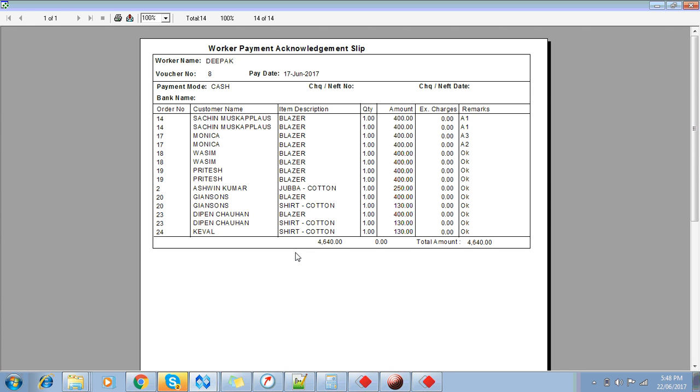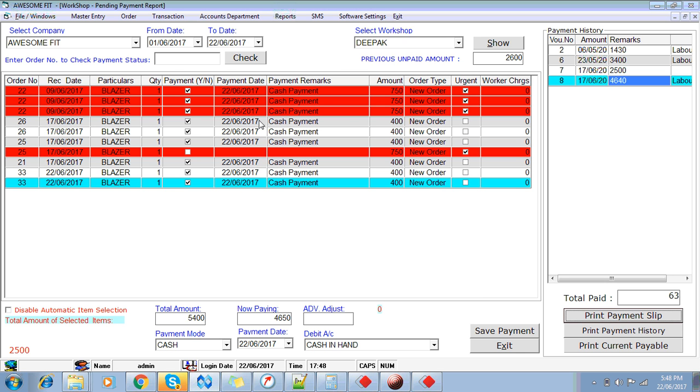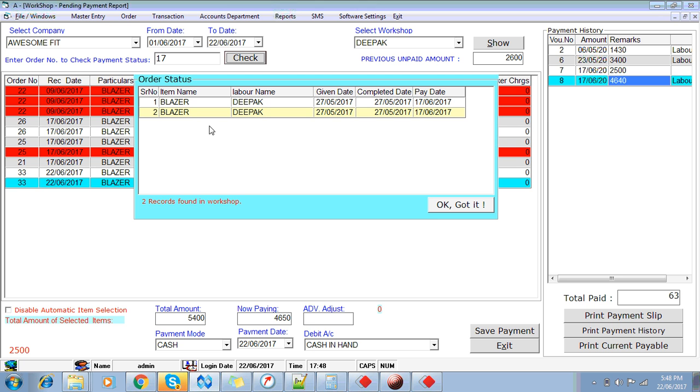तो ये पीक डेज में, फेस्टिव सीजन में, पीक लोड में, जो आप बोल रहे थे कि आपके वर्कर का एक एग्जीक्यूटिव के साथ अरेंजमेंट होके उन्होंने एक ही चीज को 4 बार पेमेंट करवा दिया, यहाँ वैसा कुछ नहीं होगा। ये जो ऑर्डर नंबर 17, ये मोनिका का ऑर्डर नंबर 17 है। अगर कभी आपके पास वर्कर आया, अभी बोला कि मेरे को 17 नंबर ऑर्डर का पेमेंट नहीं मिला, तो आप यहाँ पे ऑर्डर नंबर 17 लिख के चेक पे क्लिक करिए, तो आपको दिखाया जाएगा कि इसमें 2 ब्लेजर थे, दीपक को दिया था, ये डेट को दिया था, ये डेट को वापस आया और इस डेट को पेमेंट हुआ।